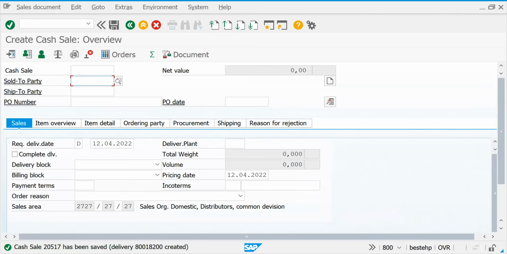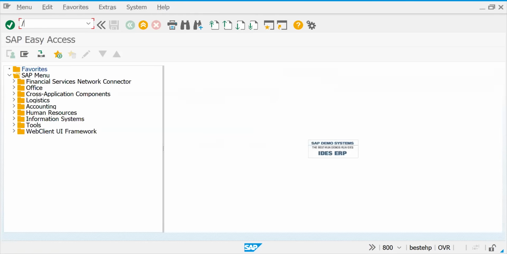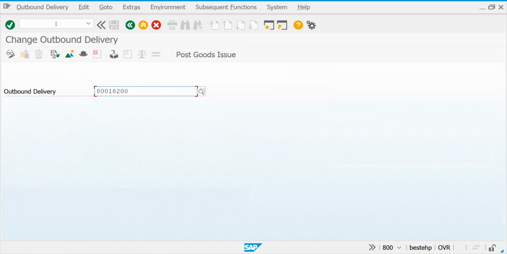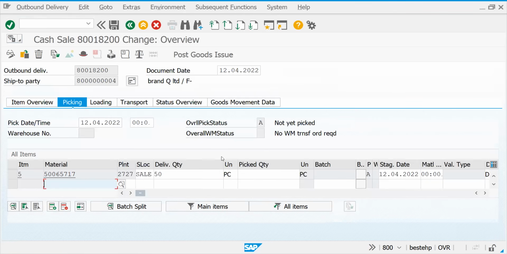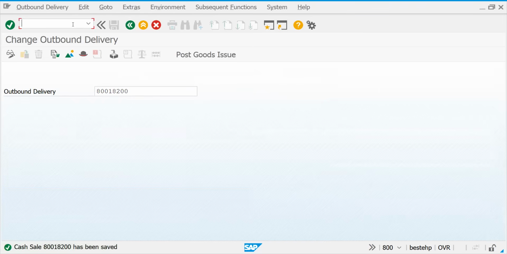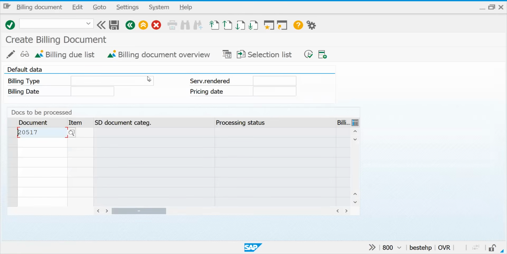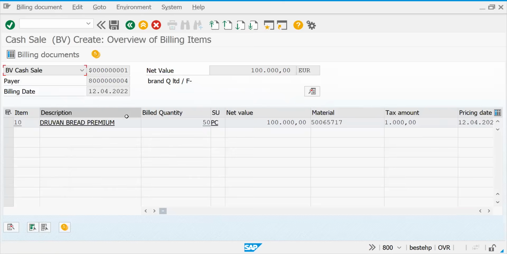See, the delivery document is created. We're lucky in this practice system. The delivery document will be created immediately because of the immediate check mark in the document type definition. Let's go to VL02N. See, this is the delivery which is already created. So let's go and check the picking. Okay. Let's put this and do the post goods issue, and let's click VF01